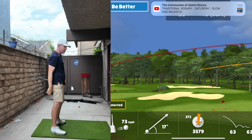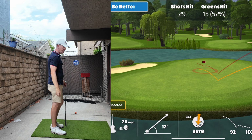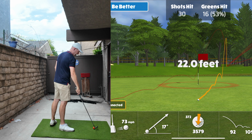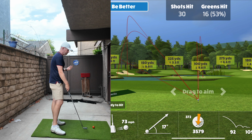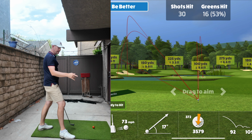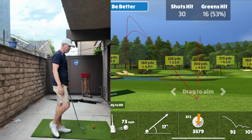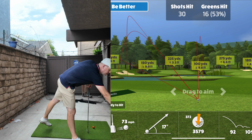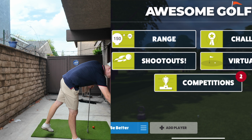The more I do that and the better I get at this shot, the better my ball striking gets on every single full swing shot. And then my ratio has to be really high. I've been trying; the thing is that it's got this percentage here. I've been hitting it all over the place, but what I do is, once I start this game, like if I started it here and I went into